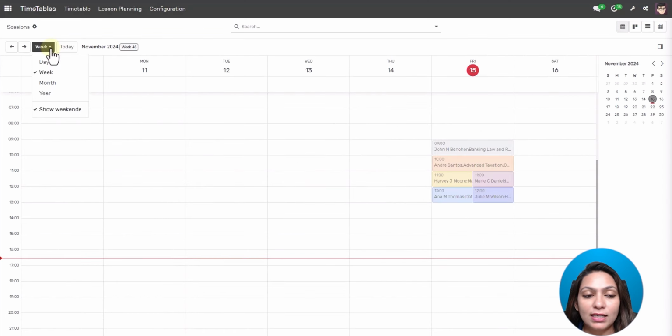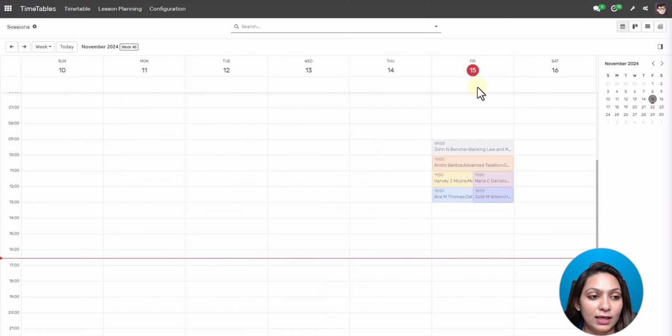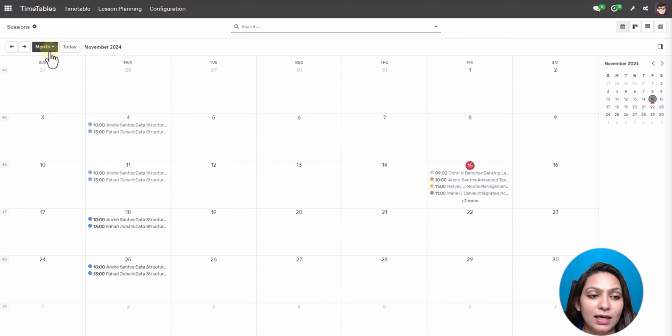Now on my screen, you can see it's a calendar view and it's showing week wise. Suppose I want to see it month wise, I will select month wise, and here you can see the timetable which I have created, the sessions which I have created for the faculty. It can be seen here because, as I have created sessions only for Monday, it will be listed here. In the same way, it goes for Tuesday, Wednesday, Thursday.